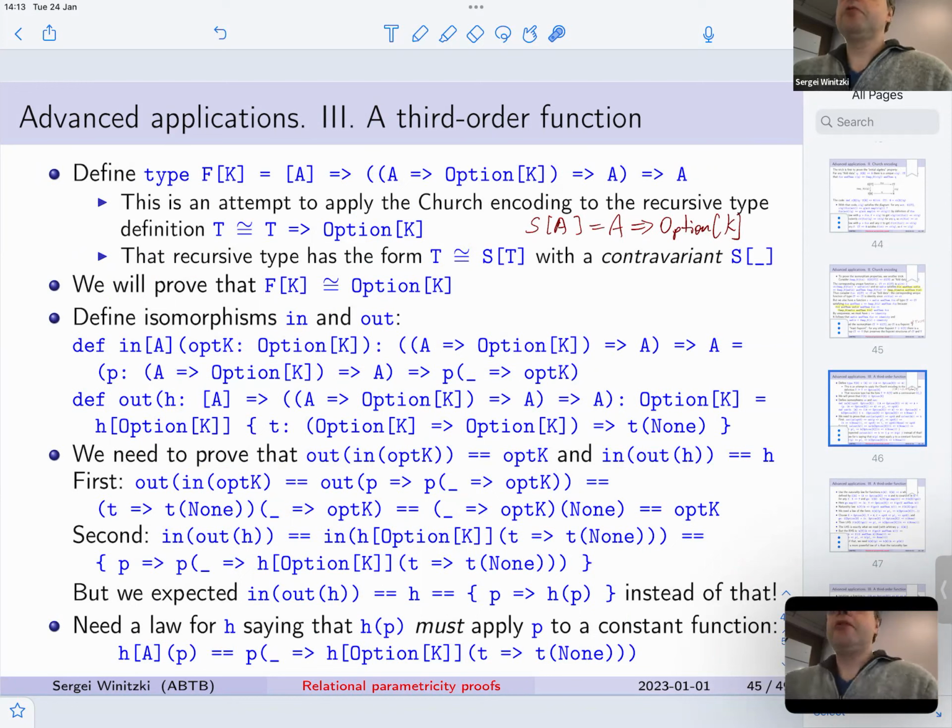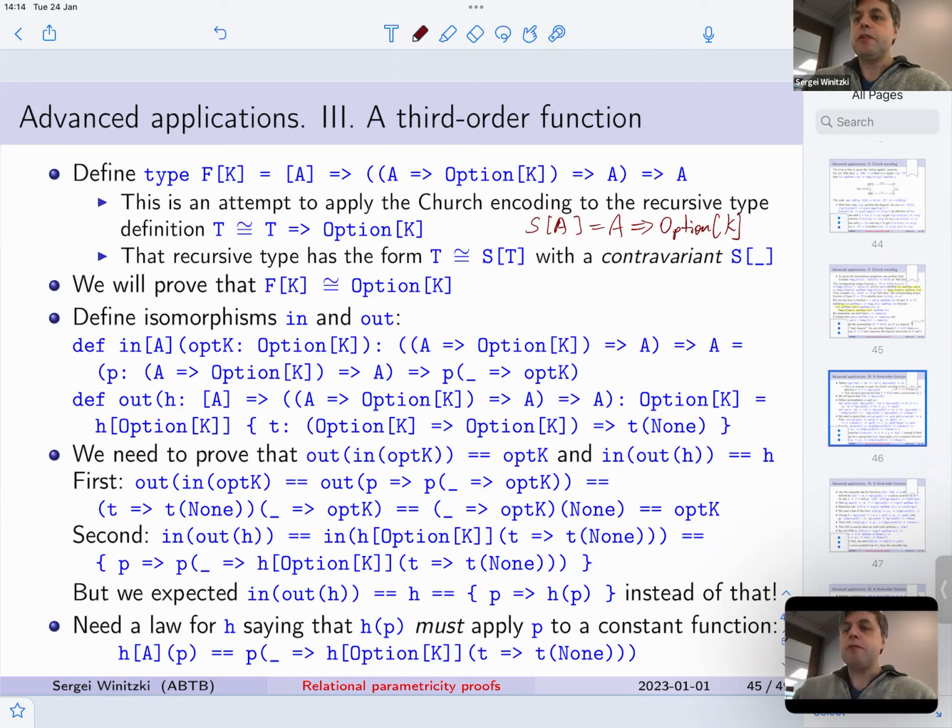This type is a third order function because it has a function inside a function, argument inside a function. And you can see that this is similar to the church encoding. If we apply the church encoding to this recursive type definition, where there's a contravariant